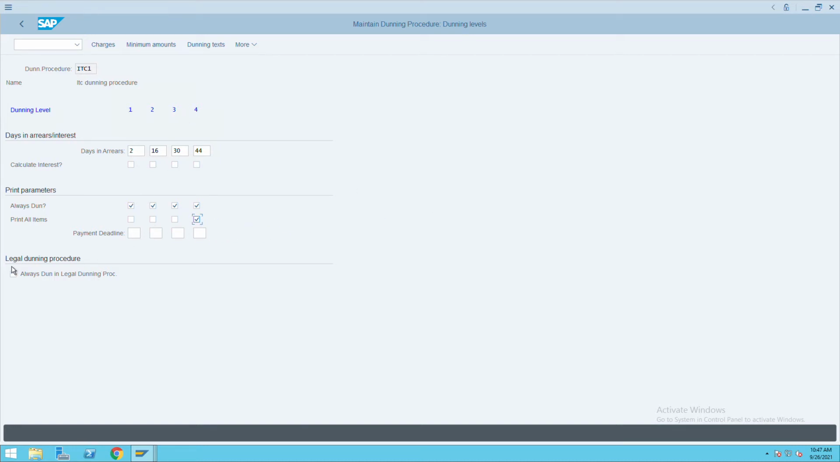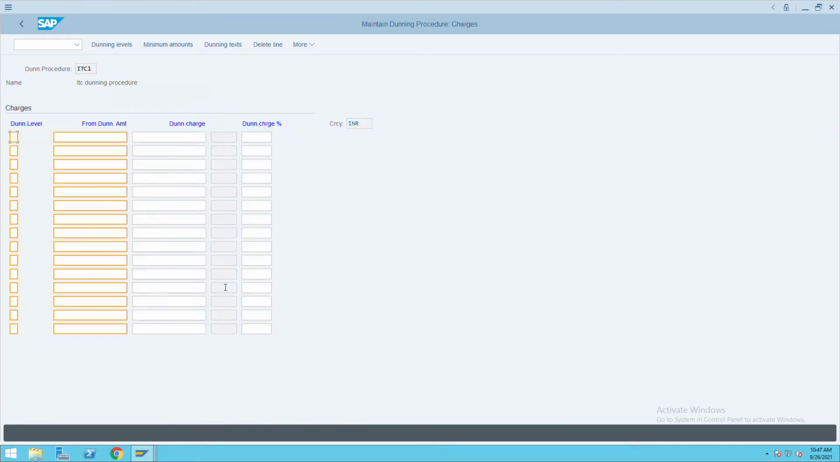Then if it is something related to legal, you have to select this checkbox. Currently we are not handling legal things in our current dunning process. So click on the charges and give the currency. Our currency is INR. Press enter. So give your dunning levels here